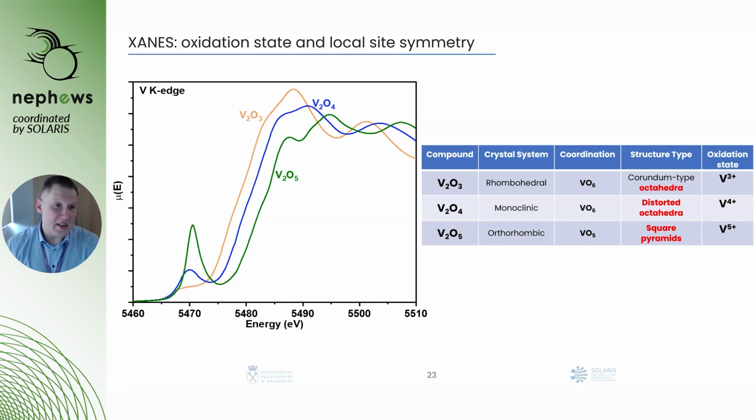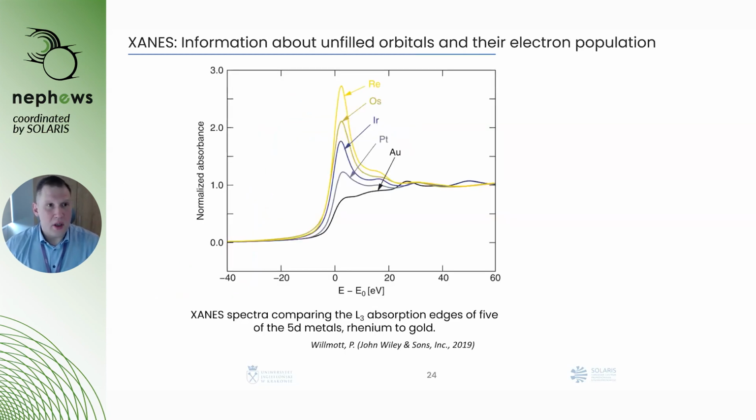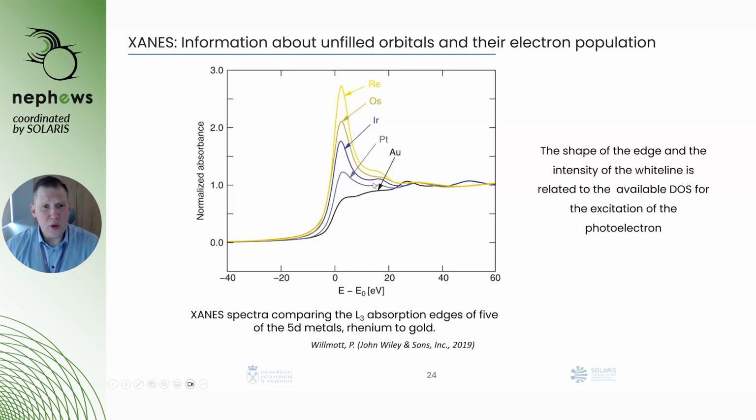So such an analysis allows us, in a very easy way, to investigate the local site symmetry of our system. Also, the analysis of XANES spectra could give us information about unfilled orbitals and their electron population. For example, here we could see L3 absorption edges of five different 5d metals, starting from rhenium up to gold. And we could see that the shape and the intensity of the white line is related to the available density of states